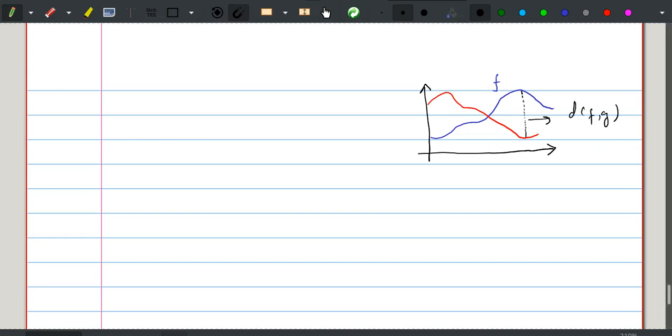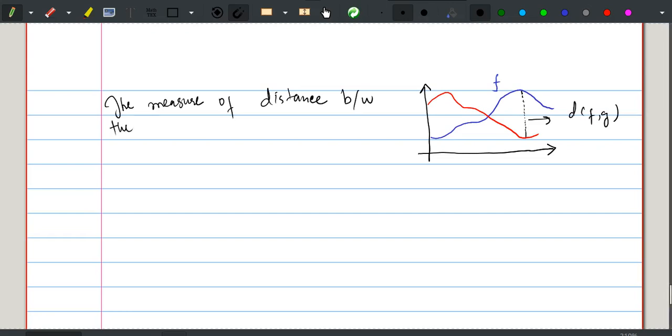So the measure of distance between the functions f and g is the largest